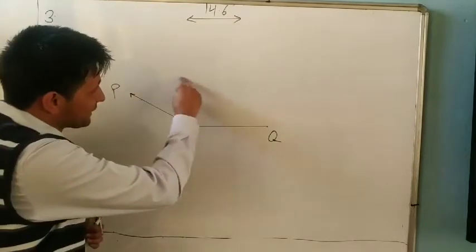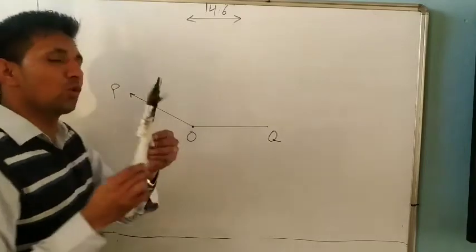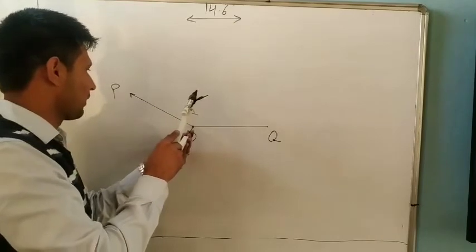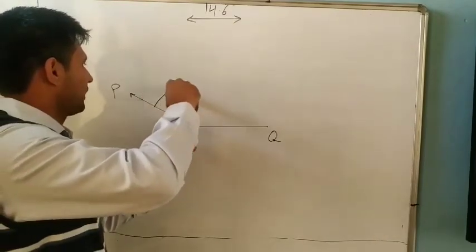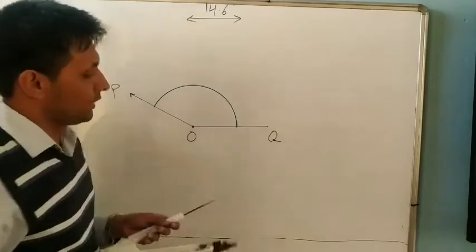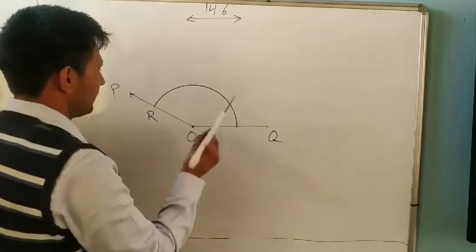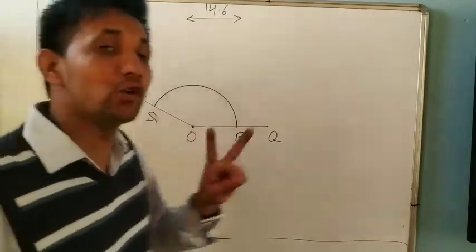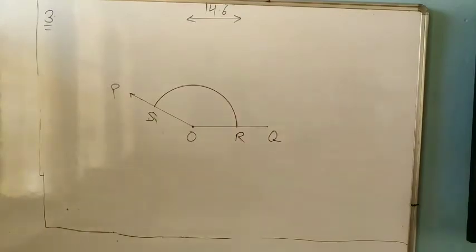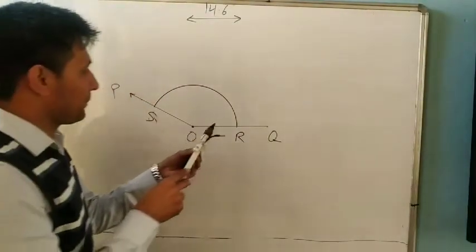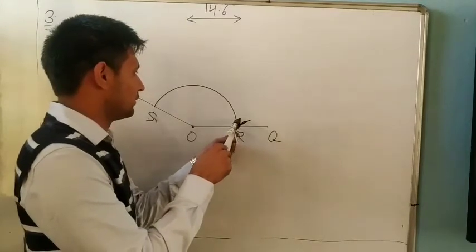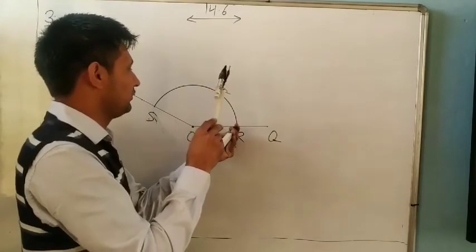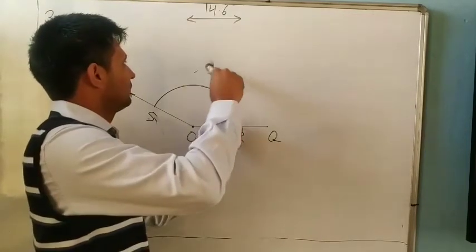If you want to divide this angle into 4 equal parts, first we need an arc. So with any radius, whatever you need, we will draw an arc. Suppose it is R, it is S. So first we will divide it into 2 equal parts, and 2 equal parts, everyone knows how we divide it. First open the compass more than half. So it is more than half. It is very easy to open more than half.